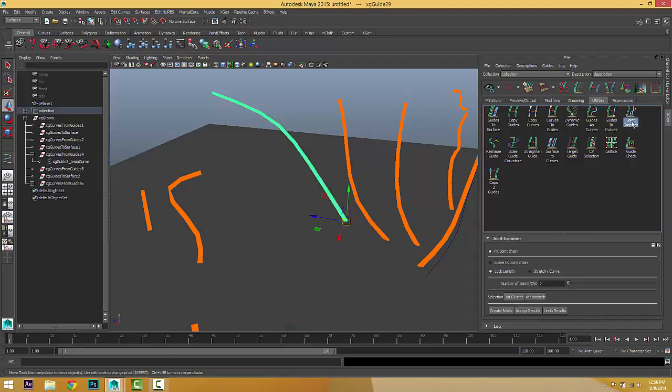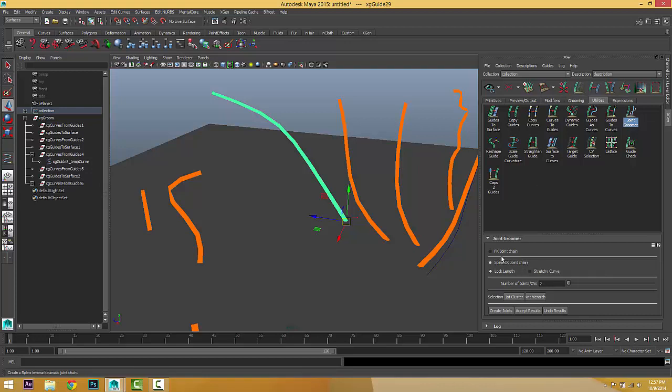The fifth option is if you select the guide, you can choose joint groomer. You can create joints or bones from the control points of that guide. And for each two control points, you'll get a joint. And in this case, we have two options. We can create an FK joint, or we can create a spline IK joint. The FK joint is a forward kinematic joint.